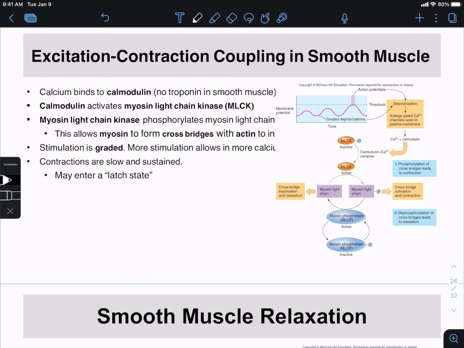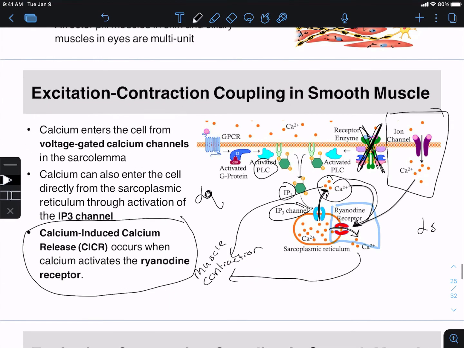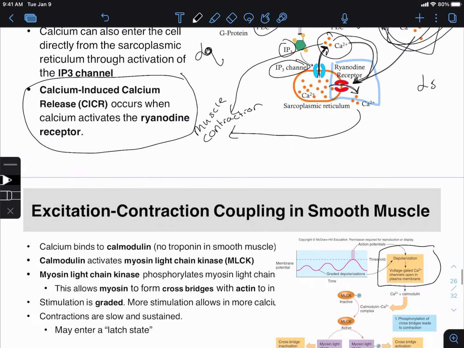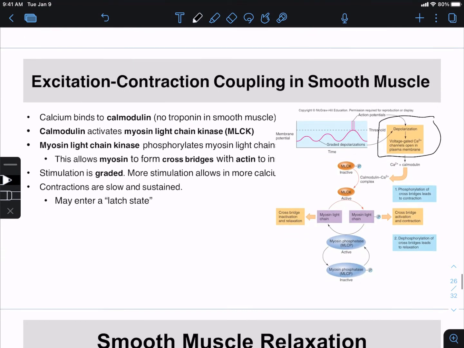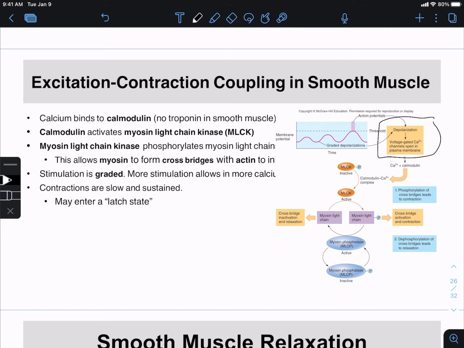But what happens is we end up getting depolarization of the smooth muscle, depolarization of the neuron, which leads to either the opening of, in this figure, it says calcium channels from the plasma membrane, which again, going up here, that would essentially be these here. So this particular figure that I stole from McGraw-Hill shows you essentially the one circled there, but you would also have the same effect if you had the ryanodine receptor channels being opened and the IP3 receptors being opened. The point is that as calcium increases in the sarcoplasm,